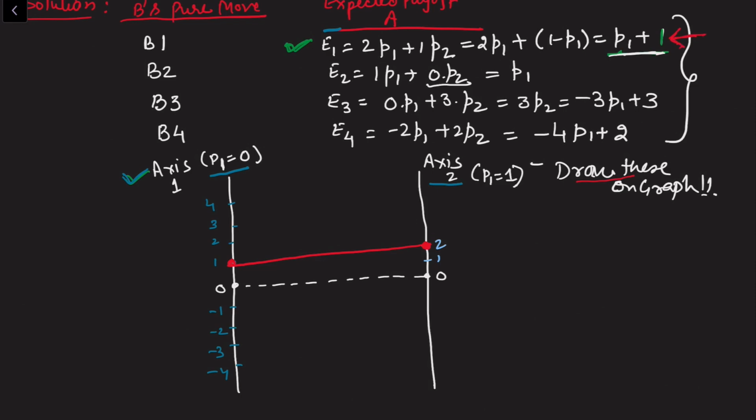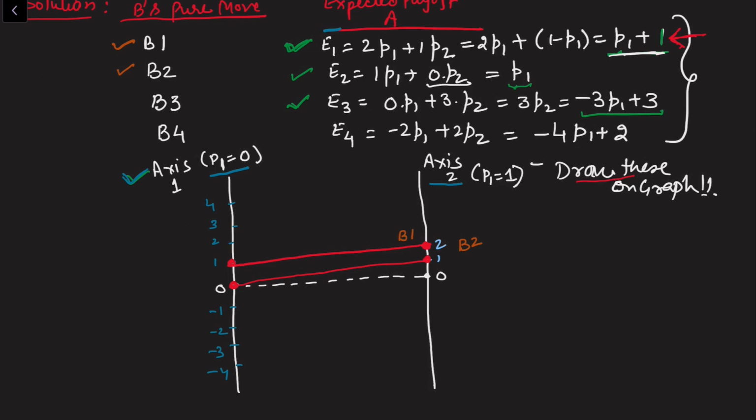Now in a similar way, take the second expected payoff, which is simply P1. If P1 is 0, it is here, at the first case. And if P1 is 1, it is here. So this is now the second line. Now we can also write down the lines here so that we know which are the 2 critical lines. For that specification, keep on writing B's pure move also. So the first line was B1 and the second is B2. The line cannot go beyond, it has to be within that region. So this is B2.